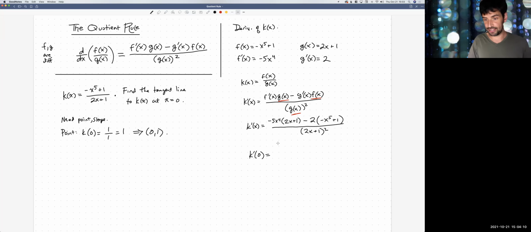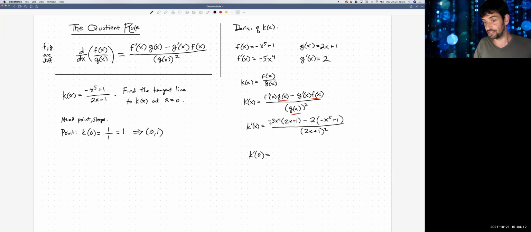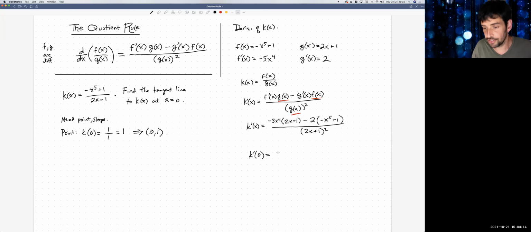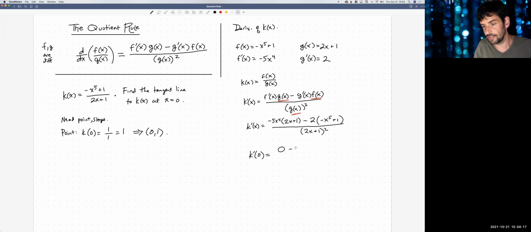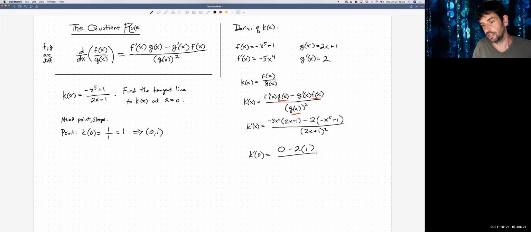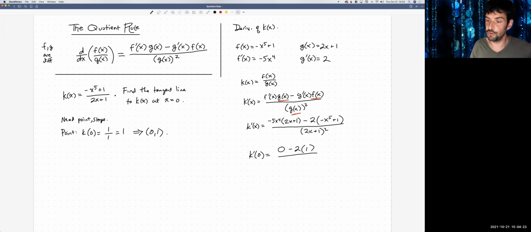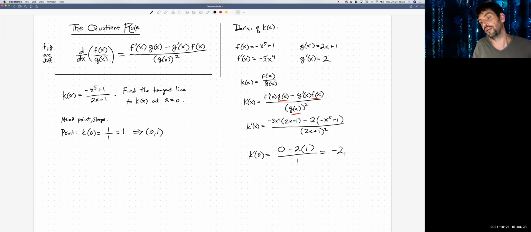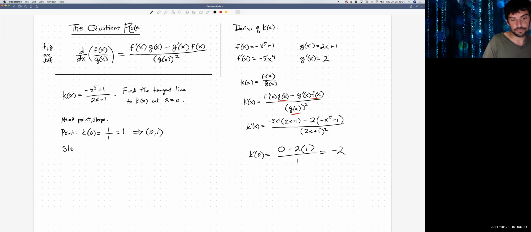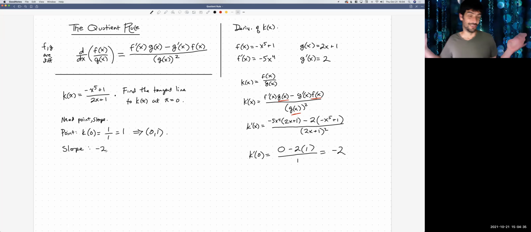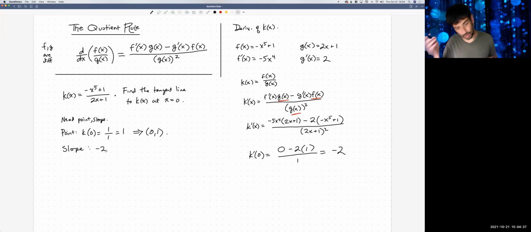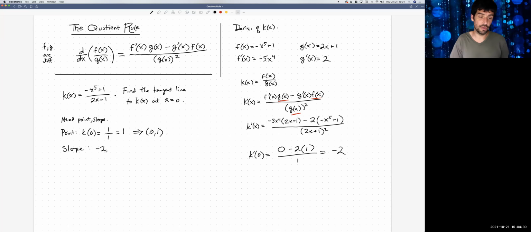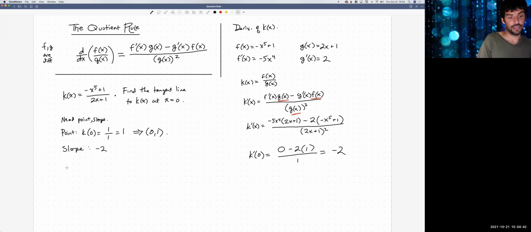Well, this -5x to the 4th becomes a 0, which wipes out everything else. So we've got 0 minus 2 times 0 plus 1 is just 1. In the denominator, the 2x becomes 2 times 0 or 0, plus 1 squared is just 1. So this whole thing becomes -2. So we've now got the point 0, 1, the slope -2, and I can write the equation of this